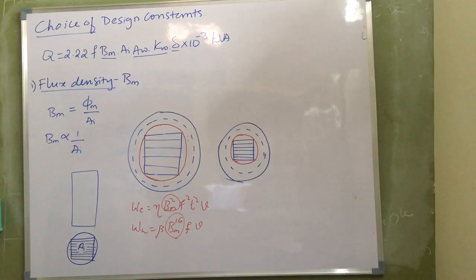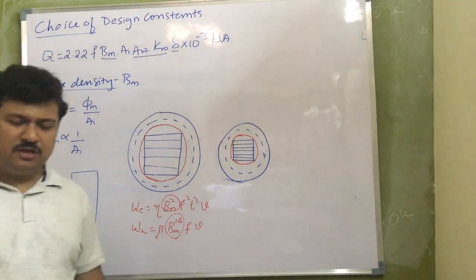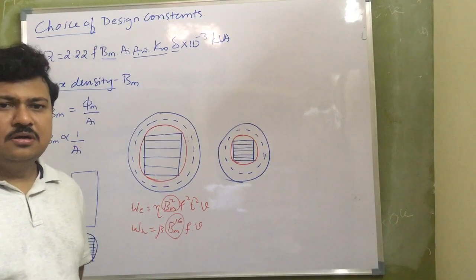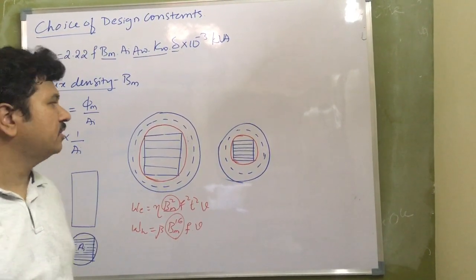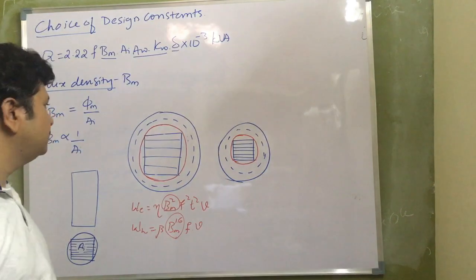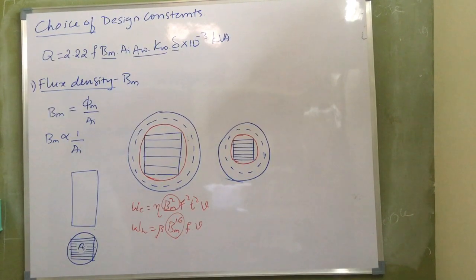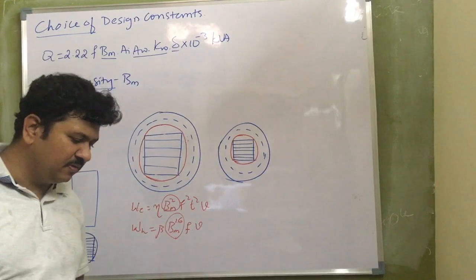But with the increase in larger magnetizing current, there will be a considerable amount of magnetizing ampere turns. Generally we neglect magnetizing ampere turns for any transformer, because the value is very small. But if I choose a larger value of flux density, a large magnetizing current is drawn and the magnetizing ampere turns will increase, then my I1 T1 will not be equal to I2 T2. So these are the effects of choosing larger values of flux density.